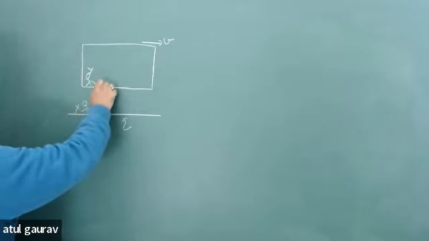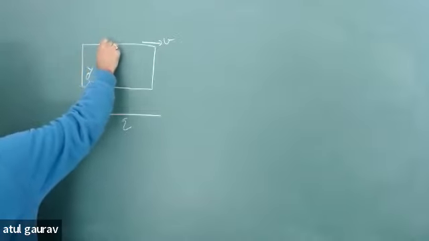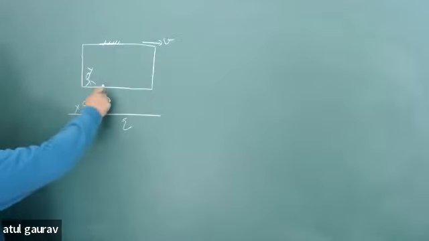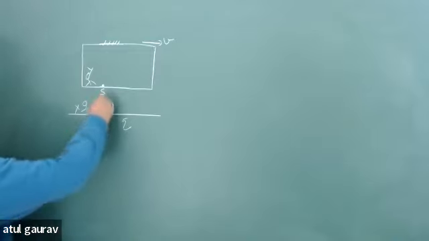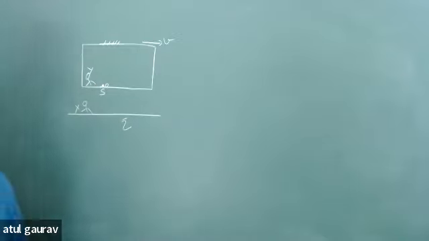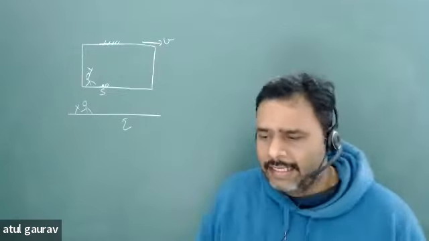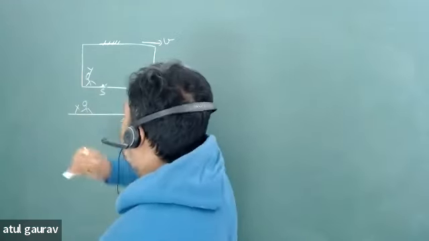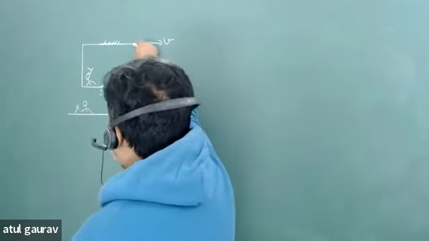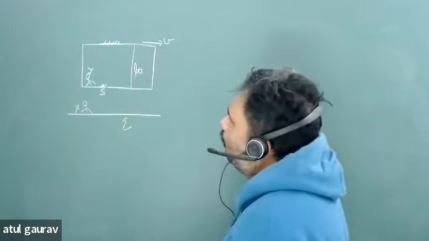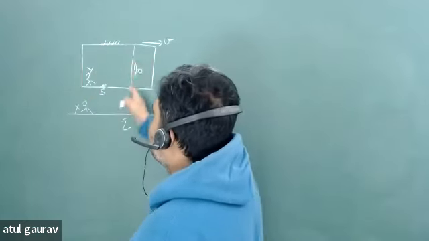There is a source of light and a mirror just on the roof of this train, and the source of light is on the floor. Just beside this there is a detector, and you can assume the source and detector are the same thing. Theoretically you can assume the detector is just beside the source. And this distance is nothing but L naught. So now, with respect to Y, what will this distance be?